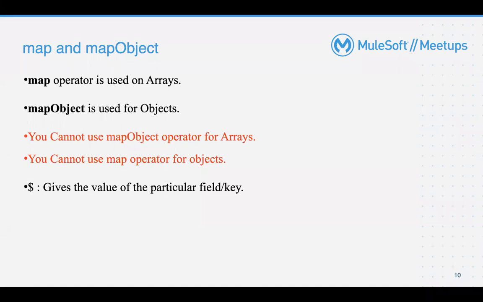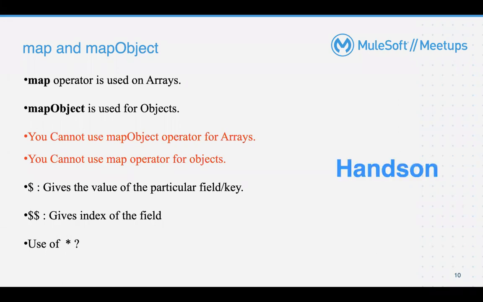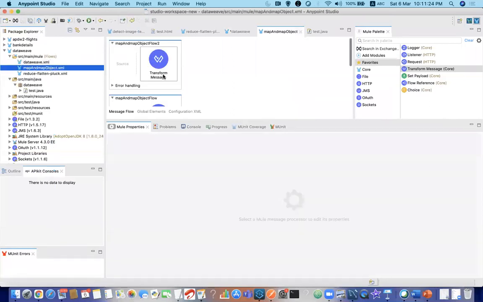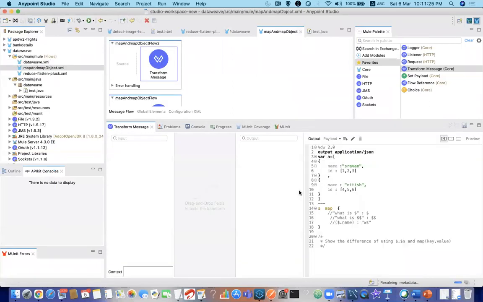Next, dollar is used to give the value of that particular field or key. We'll see in the hands-on. And then dollar dollar gives the index of that particular field. And the use of star we shall see in the hands-on. First, let me go through what the map operator is.